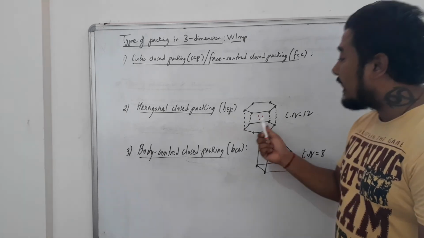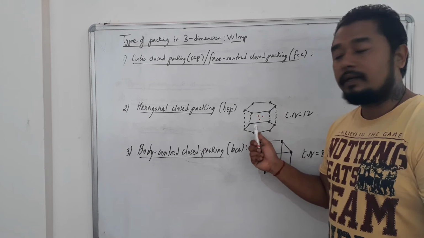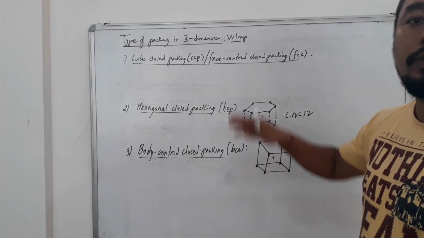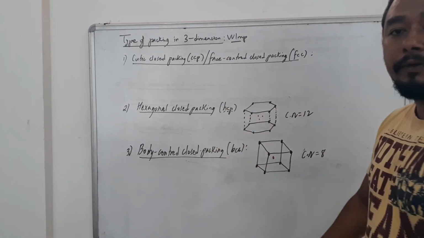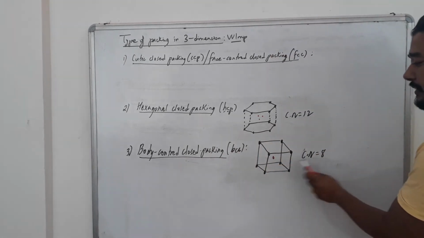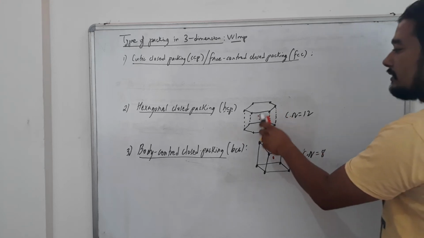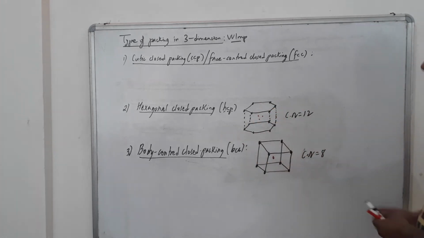And do remember, students, actually they are in direct contact. They are in direct contact but it is not possible to show it here. So assume that all the red particles are surrounded by 6 black from up, 6 black from down, and they are in direct contact. We have to assume that way. So do remember, for body center cubic unit cell, coordination number is 8 because this red particle is surrounded by 4 from up, 4 from down. So 8. Here the red is surrounded by 6 from up, 6 from down, so 6 plus 6 makes it 12.